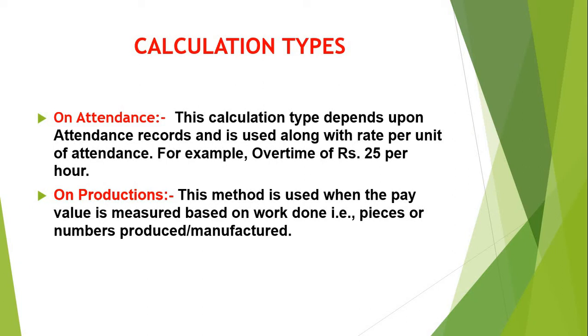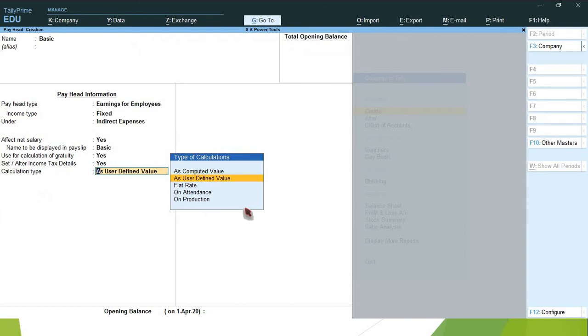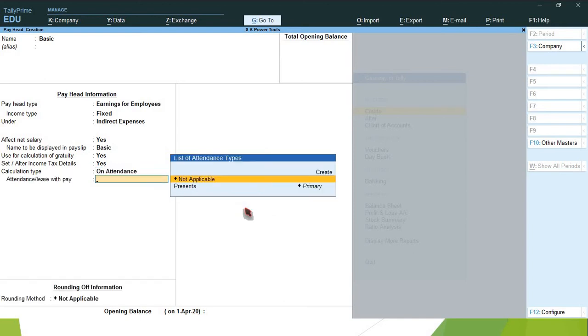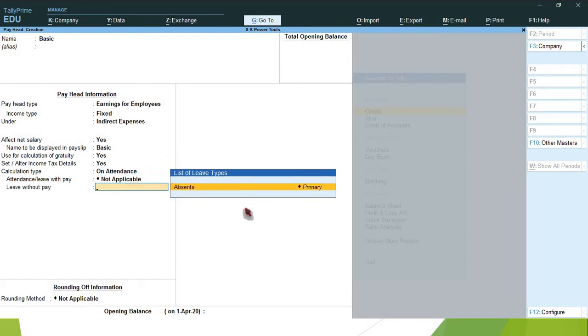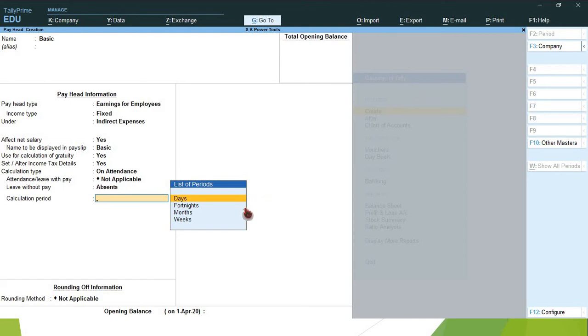Okay friends, do you understand all these calculation types? Okay, so we move here, we have to select on attendance. Here I am taking the example of type of calculation on attendance. Attendance leave with pay, not applicable. Leave without pay, absent. Select here month.